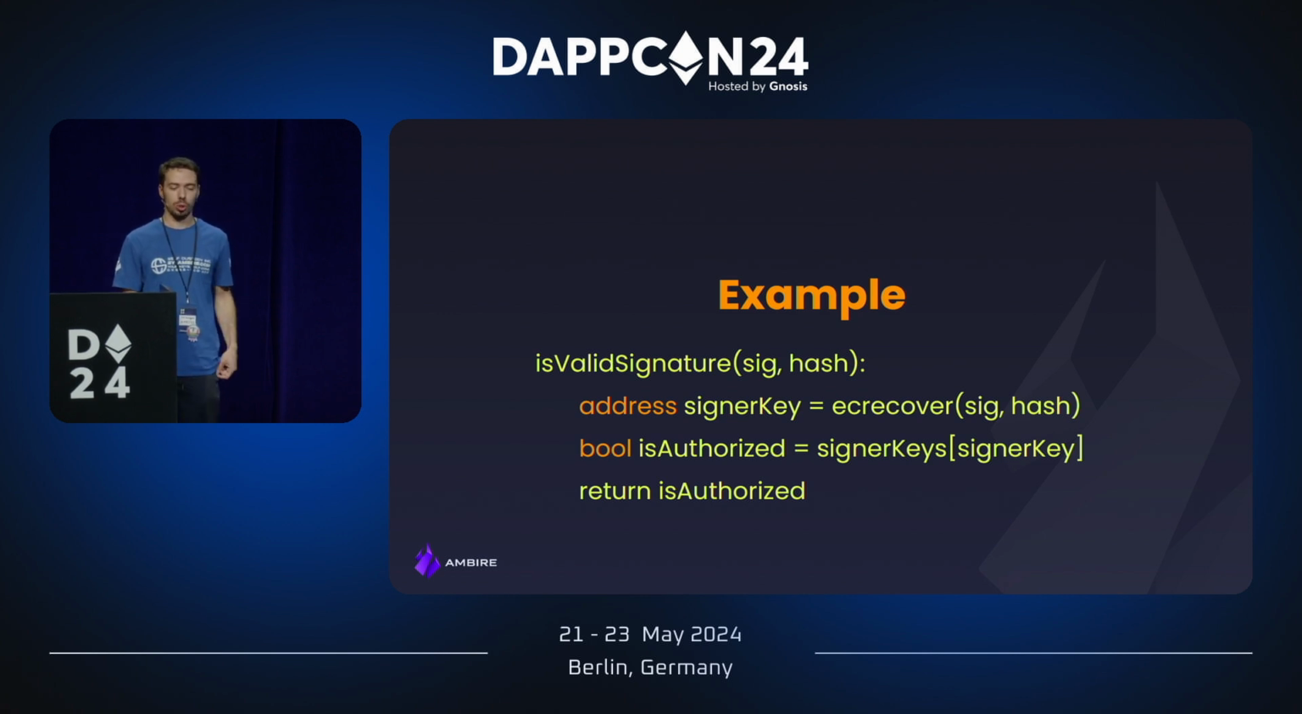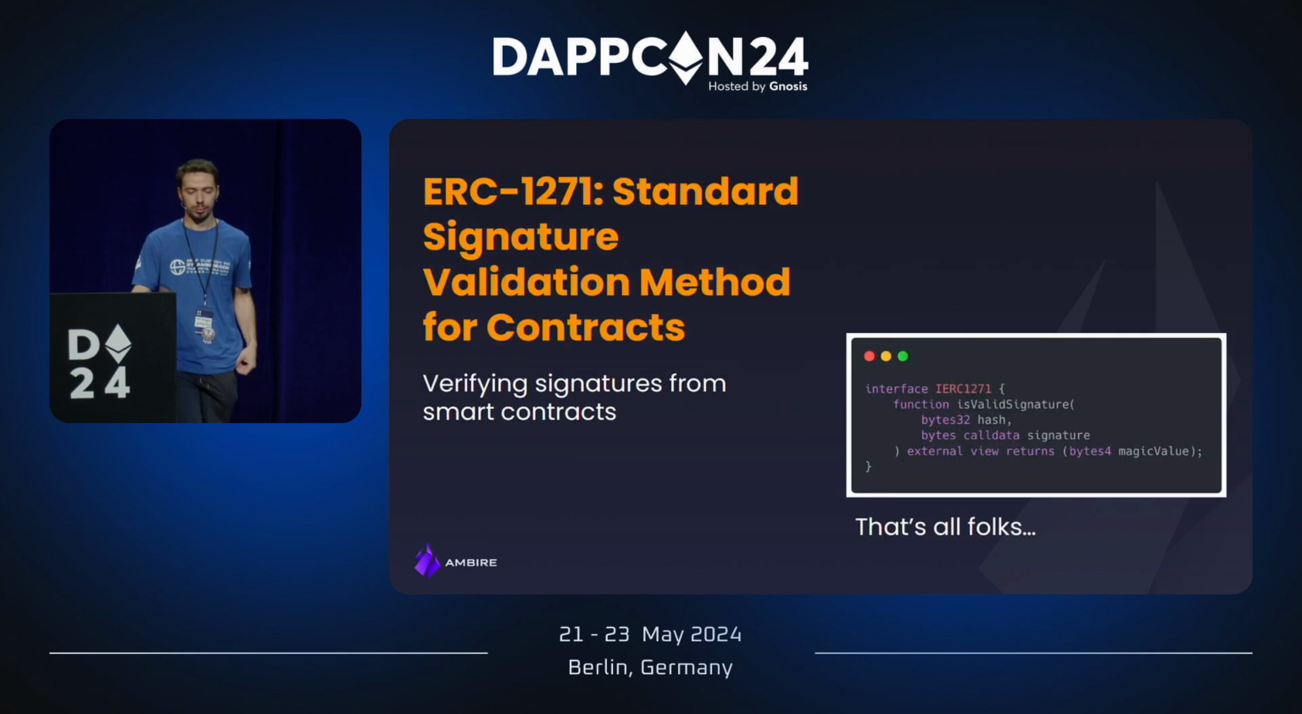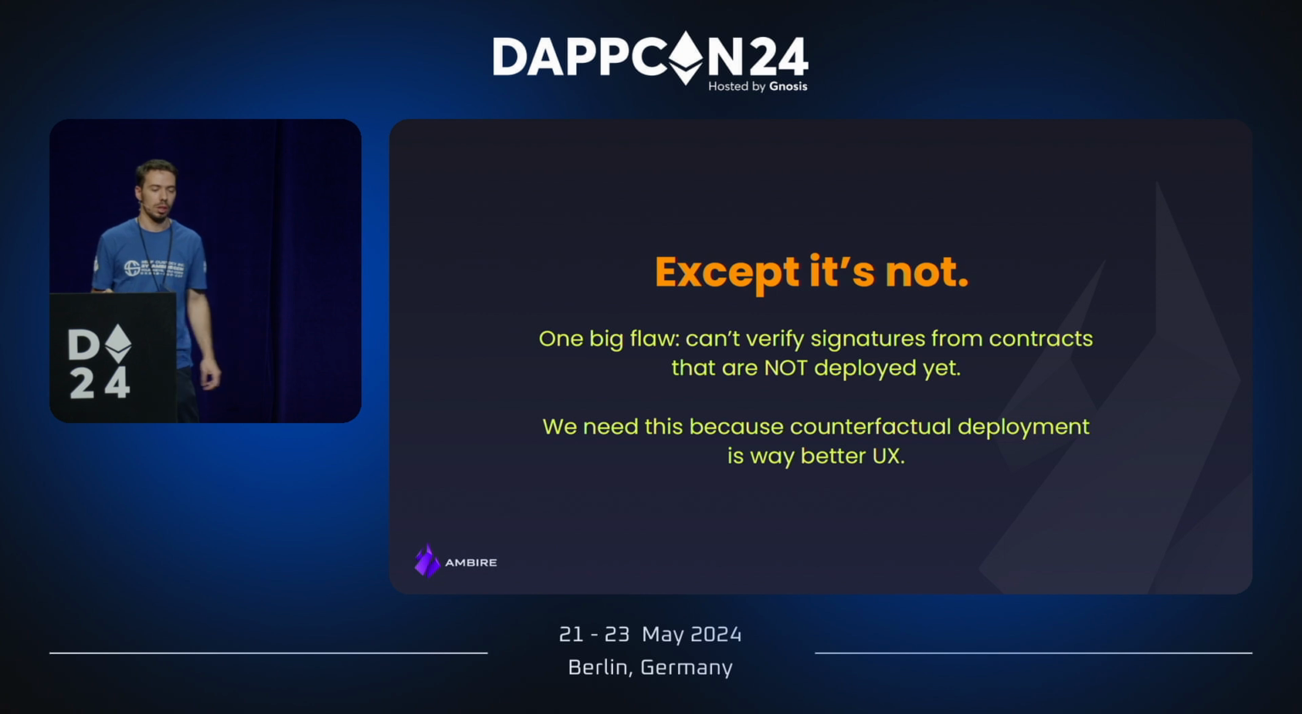And you define a function called isValidSignature, and in that function, you define your own logic for what constitutes a valid message for this contract account. And yeah, that's basically how contracts can sort of sign messages. They don't sign messages, but the signers that own this account sign messages, and then the contracts define how those messages are validated. So there's one big flaw with this, and it's that you cannot verify signatures from contracts that